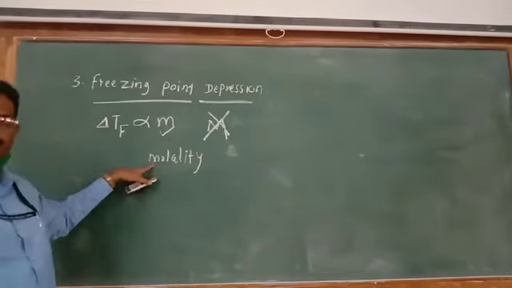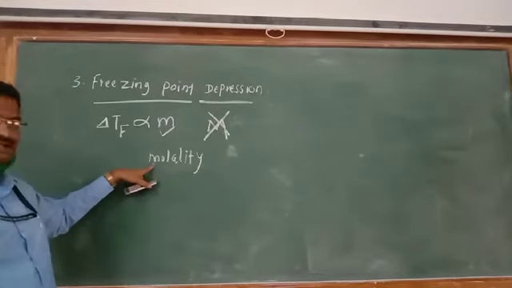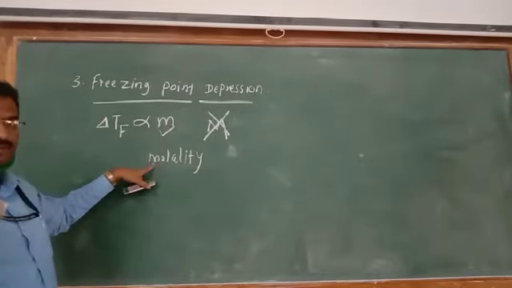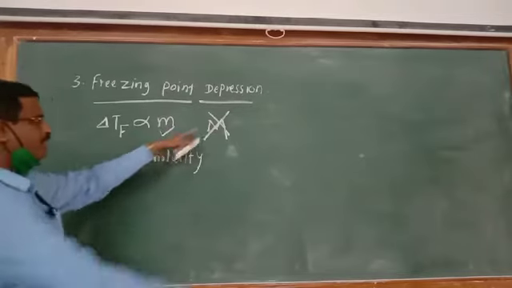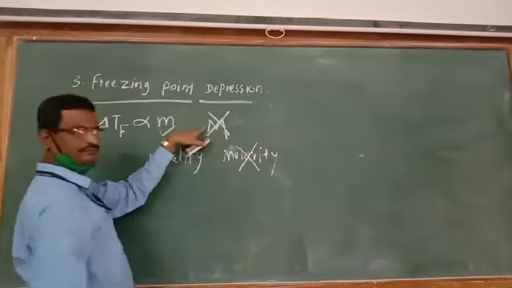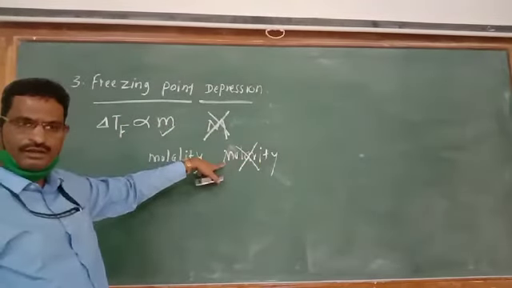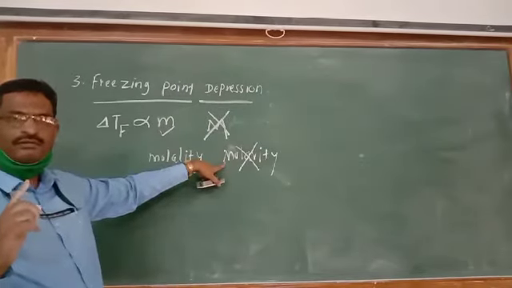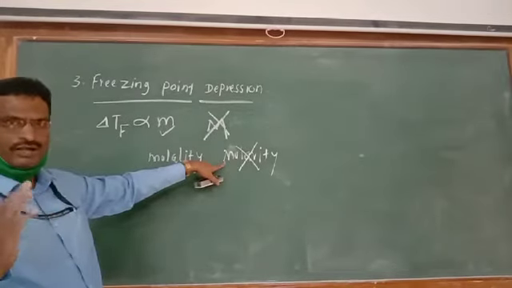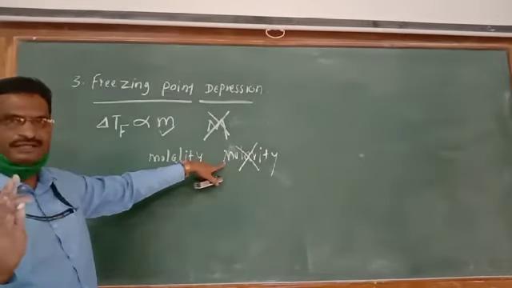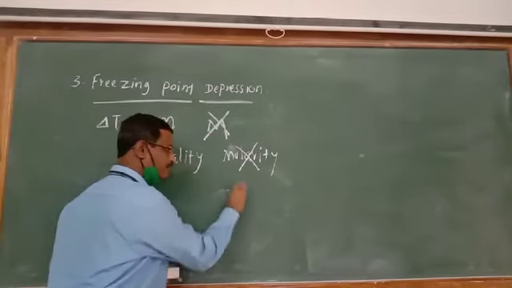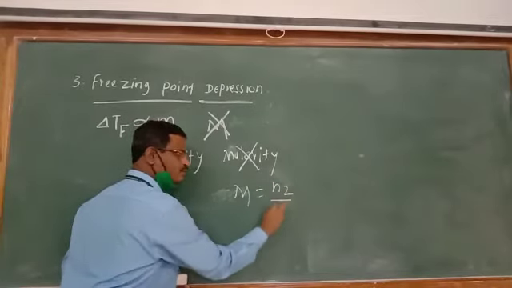Molality is the number of moles of solute present per kilogram of solvent, not solution, present per 1 kilogram of solvent, and this is the capital M, molarity. But this molarity we are not using. Why is molarity not used over here? Because we are using a system of different temperatures. Solvent has one temperature, solution has another temperature, and molarity depends on temperature, because molarity, capital M, is a ratio of the number of moles of solute upon volume.